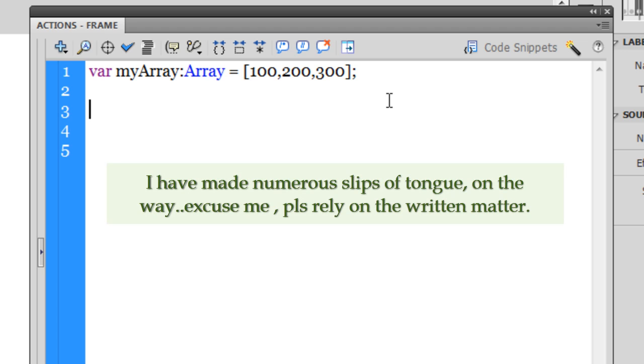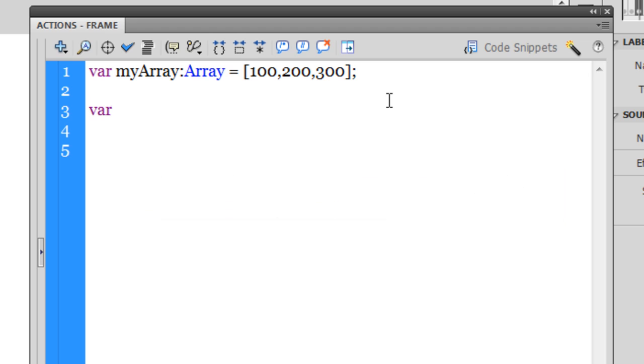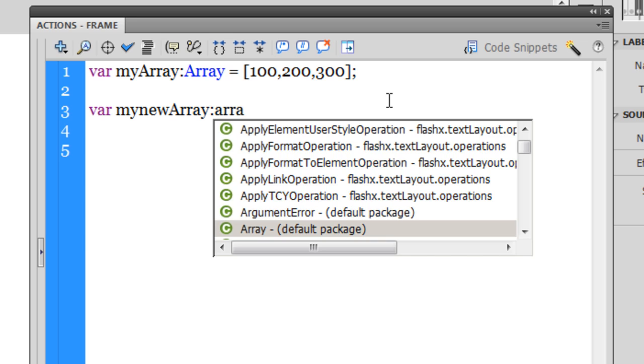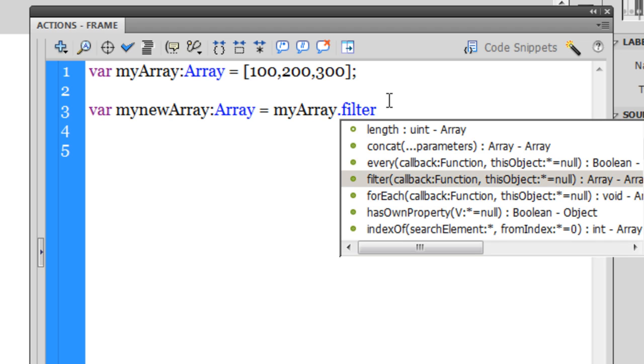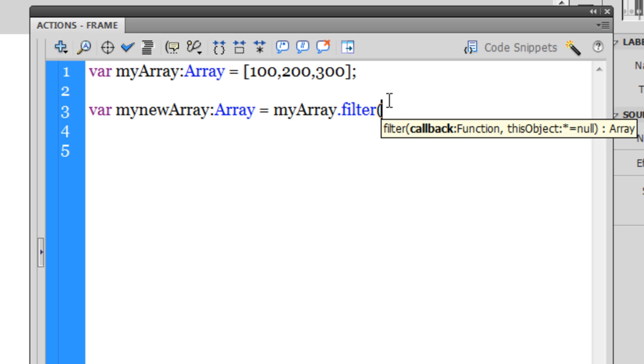I'm gonna create yet another variable or yet another array, and I'm gonna call it variable my new array of the type array, and I'll make it equal to my array dot filters. Okay guys, as you can see in the tooltip, it's asking for a function,